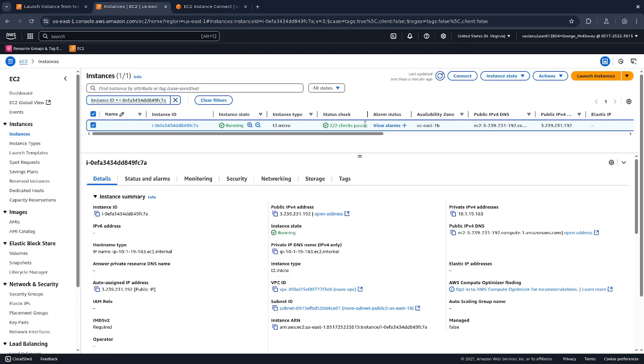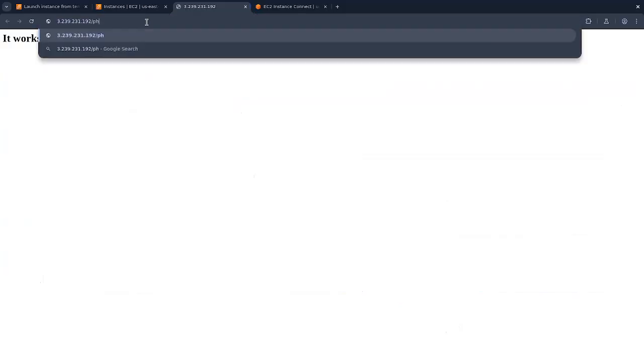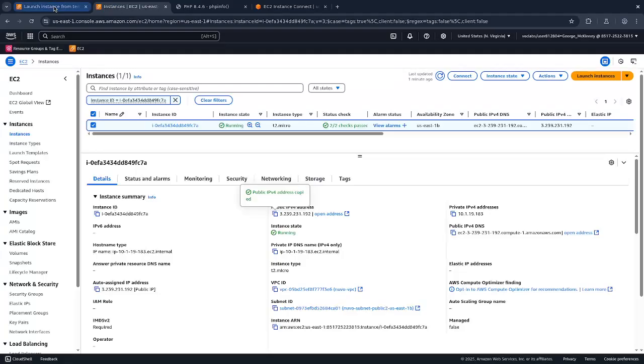Alright, all the checks have passed. So now I'm going to show you that this is going to fail by opening this address. That's just not even, doesn't look good at all. So I'm just going to grab this. Okay. And then remove that S. So now we have it. And then phpinfo.php. Boom. Great. So we have created an EC2 instance from a launch template,